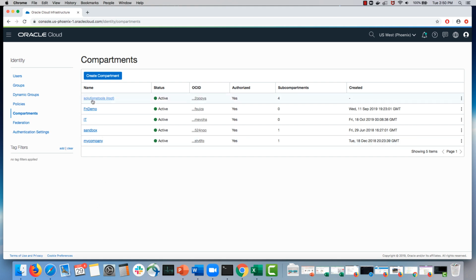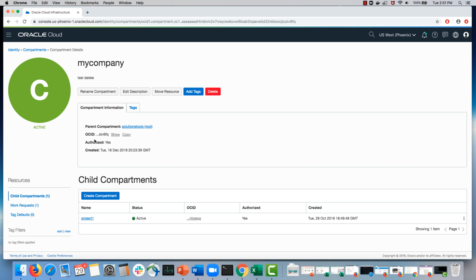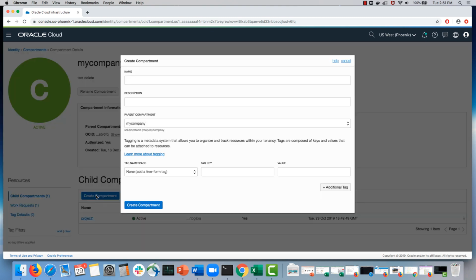Here you see I have these 5 compartments. My root compartment has 4 subcompartments, and let's just pick an example. Let's say that you have a company-wide compartment called My Company. In that, you can create multiple compartments. Let's say you have multiple projects. I already have project 1, so I'm going to call it project 2